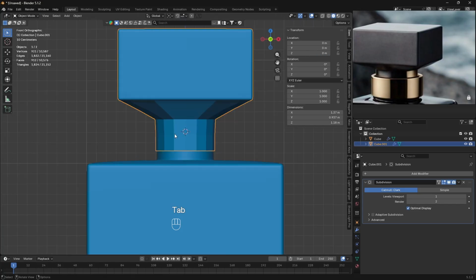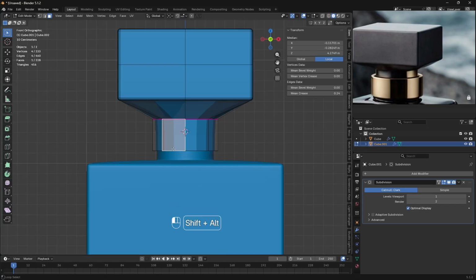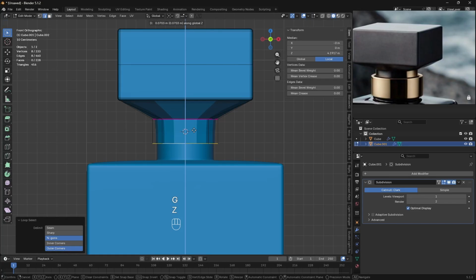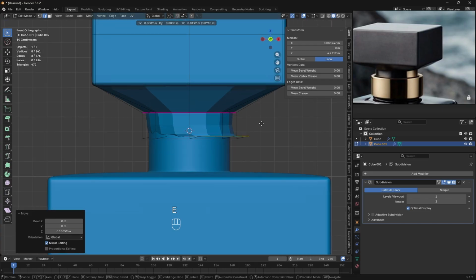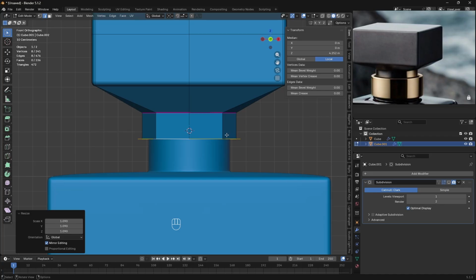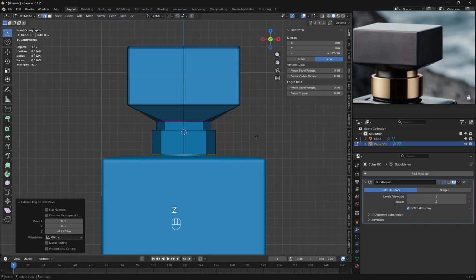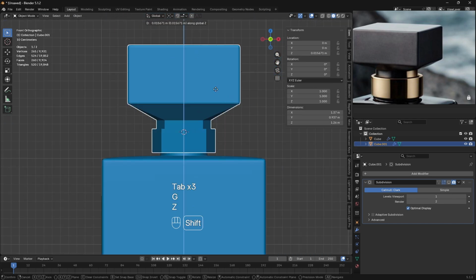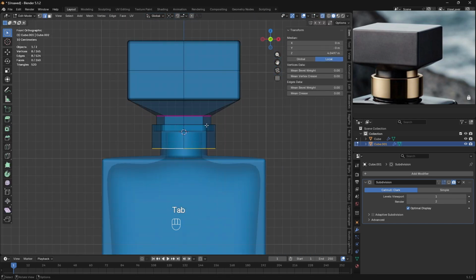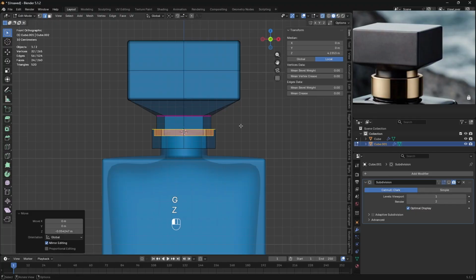So in here, what we need to do is just select this edge, G C in here, and we're gonna extrude, S, so you can scale it down. Let me enable my subdivision surface, E Z, so you can scale it up just a bit. Extrude again, right click to enable movement, S to scale it out, and we're gonna extrude Z, and scale it down just like so. So I think I need to raise it just a bit, and let me select my edge in here, G Z a bit, and you're gonna do G Z just like so.